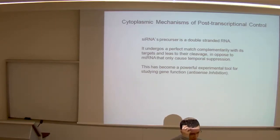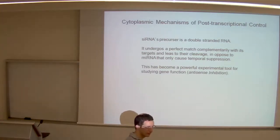Like micro is neutral, but interfering usually has a bad connotation. What do you mean, connotation? In what sense? In how we view its function. I don't think there's ethics involved. You're talking about ethics? That's the case of the engineer. No, not necessarily. I mean, it could be, but if you say something's interfering with something, it's usually like